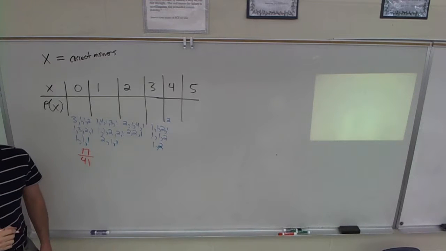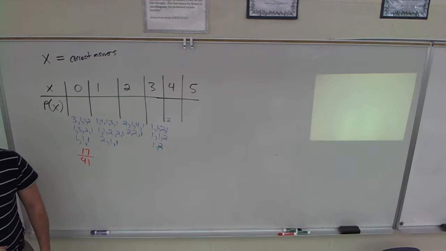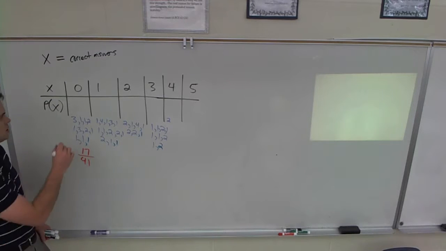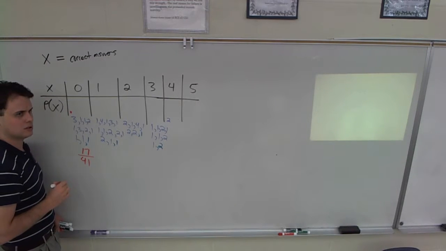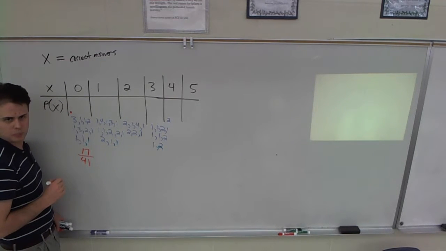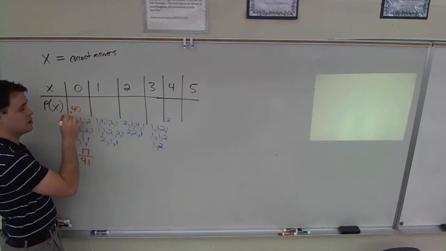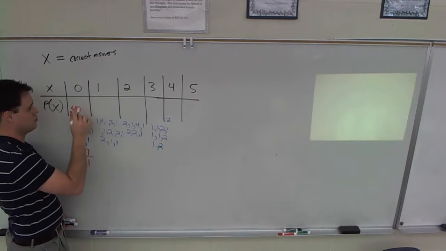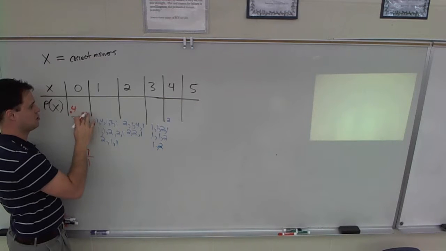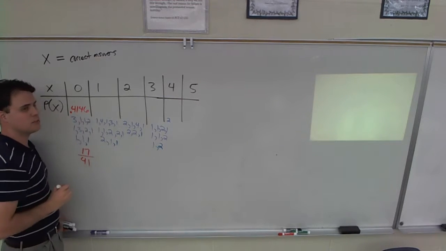You guys see how I did that? It really didn't matter if we all did the same number of trials. 17 out of 41 times, cumulatively, we got a 0. So can somebody tell me what's that percentage? 0.41. So 41% of the time,